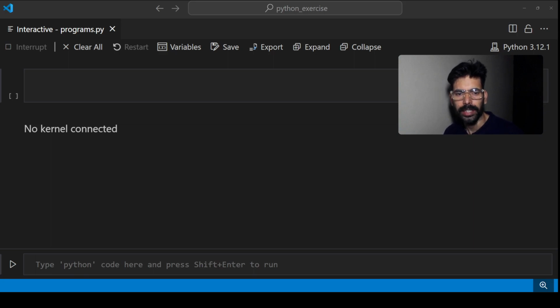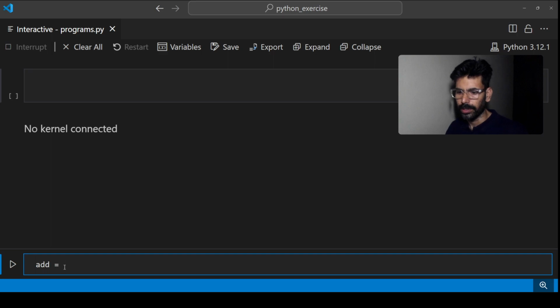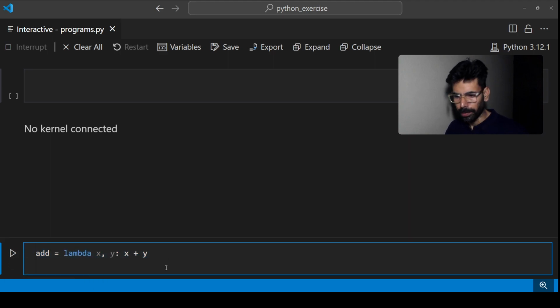So let us understand lambda functions through simple arithmetic operations. We can create a lambda function and store it in this add variable. This lambda function takes two values and does the addition of these values. Similarly, we can create other arithmetic operations